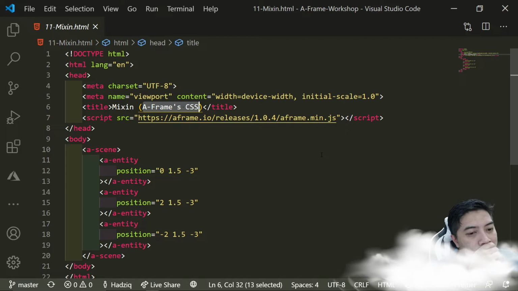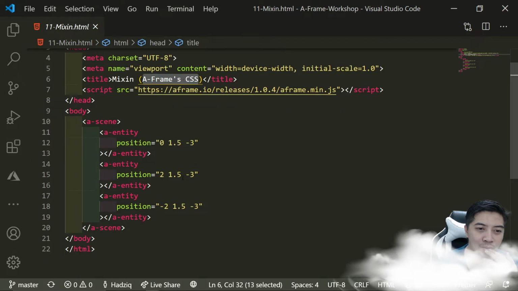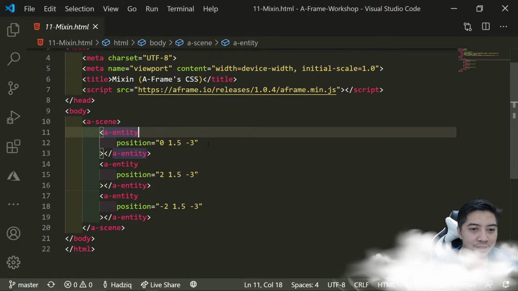And let me demonstrate with an example. Maybe we can create, wait, why is the star something like this? Okay, so let's create